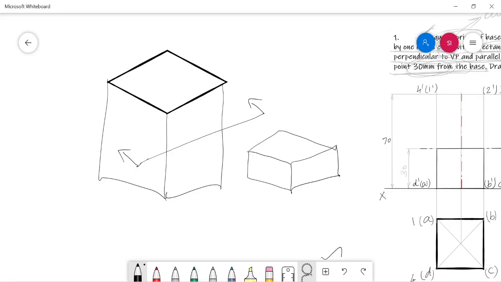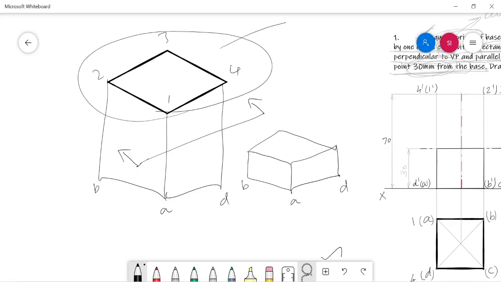In this solid also we have a b c d and 1 2 3 4 as edges. After sectioning the solid, definitely the top corners are removed along with the removed portion. Now 1a is simply a and a nameless corner.